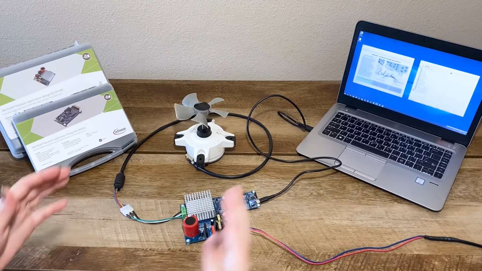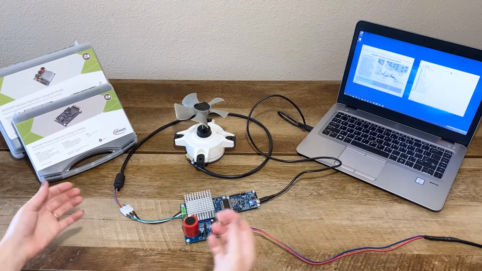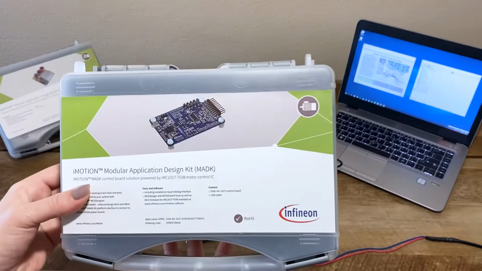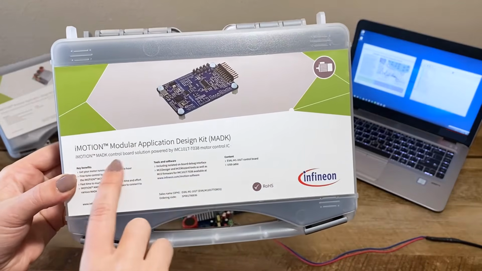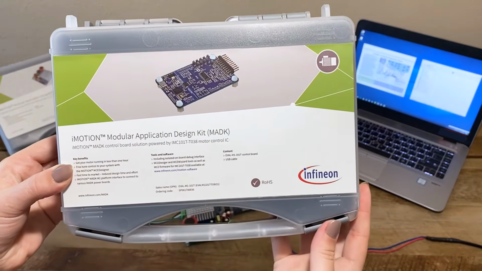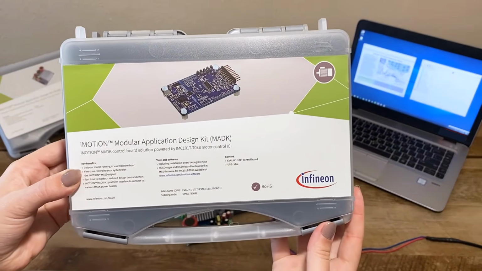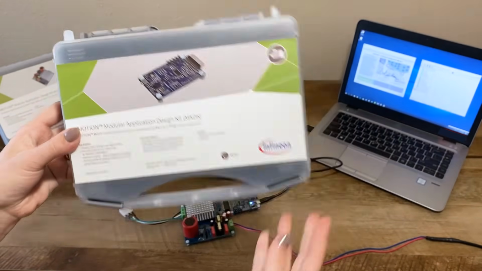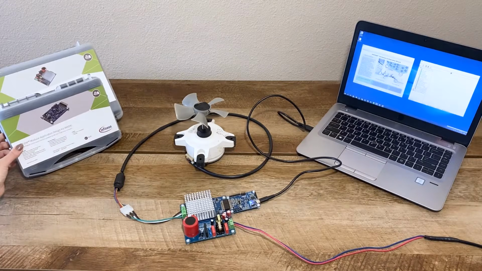Looking closer at the table in front of me, I have a typical motor drive setup using one of our MADK control board and power board combinations. MADK, which you see in this case, stands for Modular Application Design Kit, and these kits allow you to prototype your system by running and tuning your motor drive setup before getting to the PCB and layout design stage of